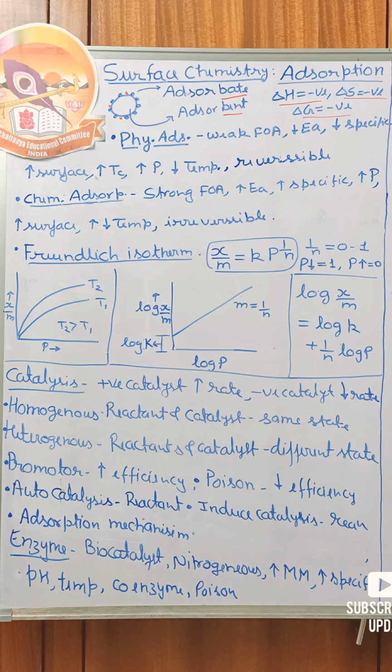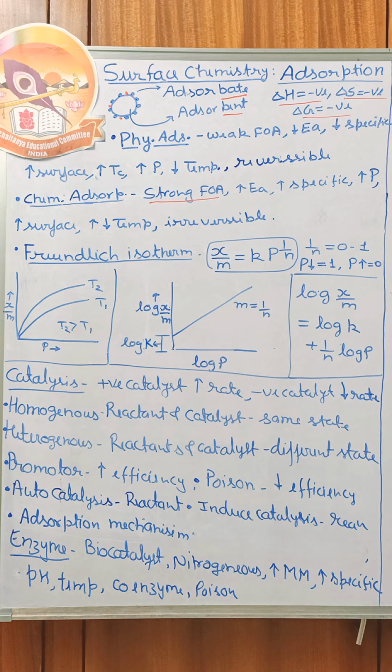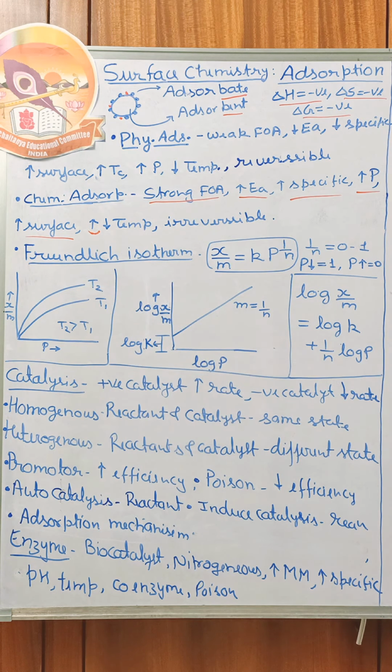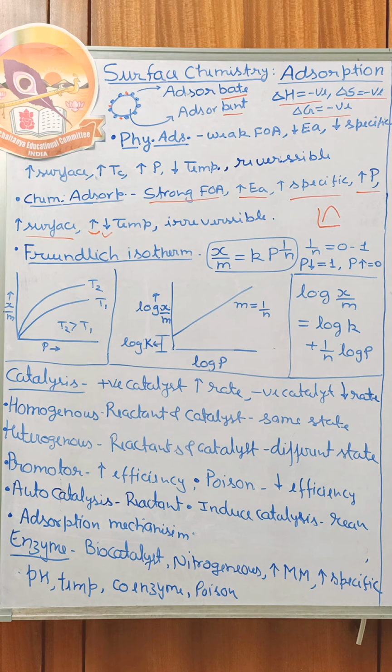Next we have chemical adsorption. Look, chemical adsorption has a stronger force of attraction. They actually have chemical bonding between them. Activation energy is sufficiently high. They are highly specific. If a gas is able to form a chemical bond, then it can give chemical adsorption. Higher the pressure, higher is the rate of adsorption; higher the surface area, higher is the rate of adsorption. Temperature: initially with temperature adsorption increases, then after reaching a maximum value the adsorption decreases. Initially it increases, then it decreases, and it is irreversible.